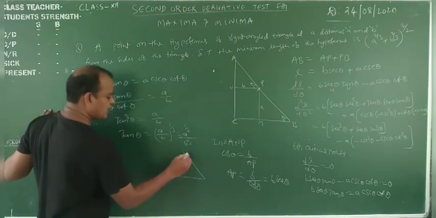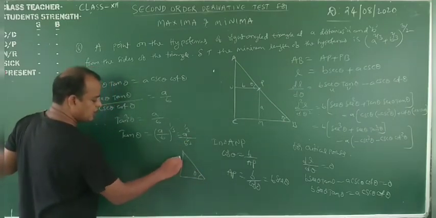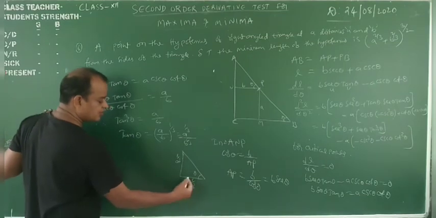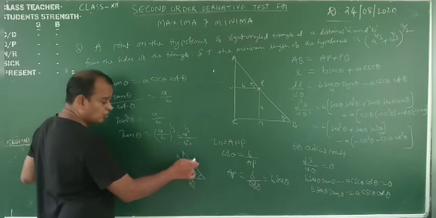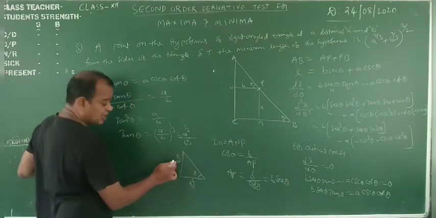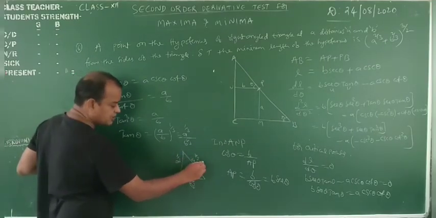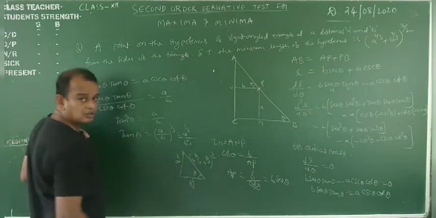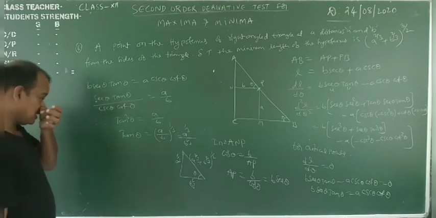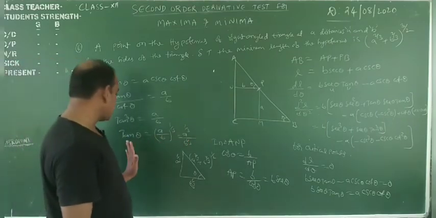Now suppose this is a right angle triangle, this is theta, this value is A power 1 by 3, this value is B power 1 by 3. Now what is the hypotenuse? Hypotenuse is root over A square plus B square. A power 1 by 3 whole square means A power 2 by 3 plus B power 2 by 3, root means power 1 by 2. Okay, my dear students. This is theta, where tan theta is A power 1 by 3 by B power 1 by 3.